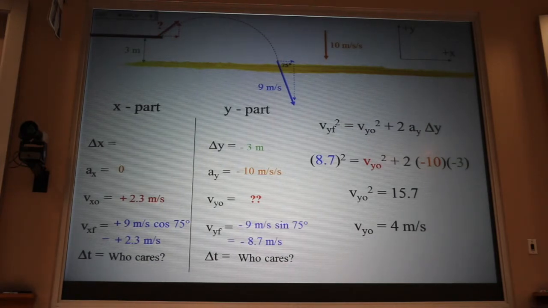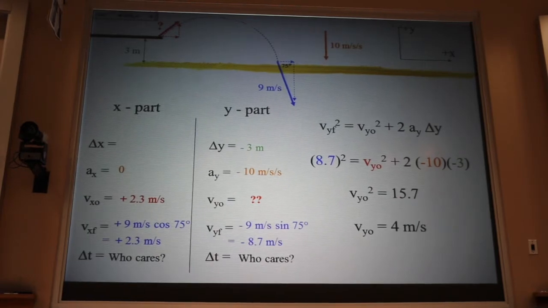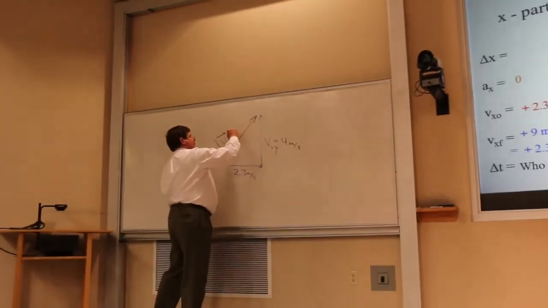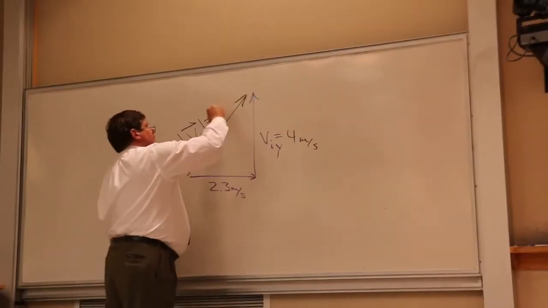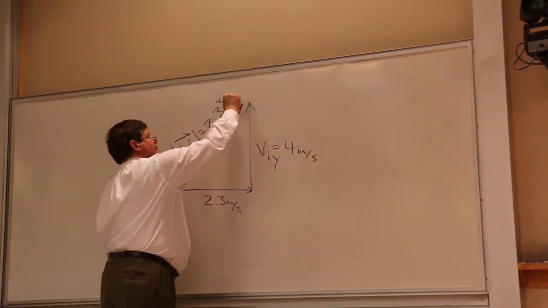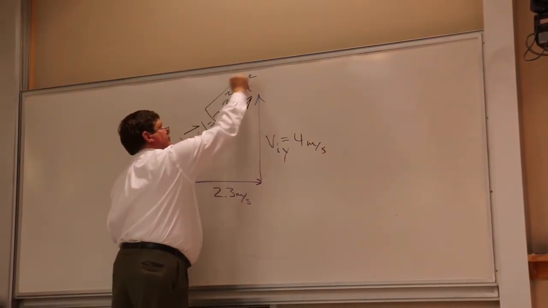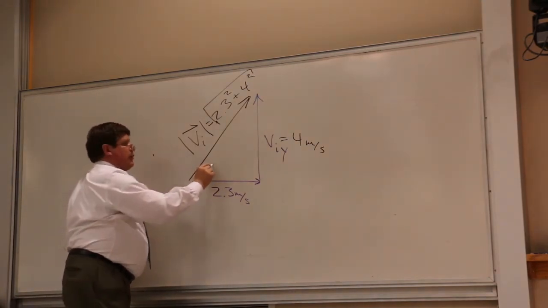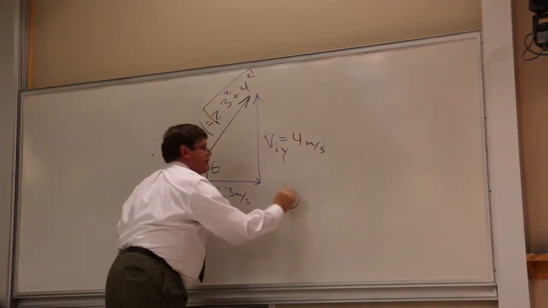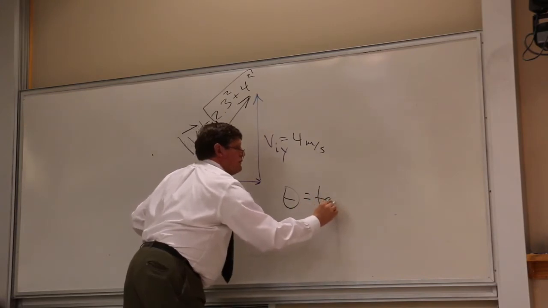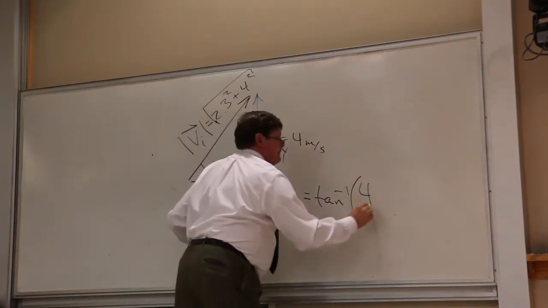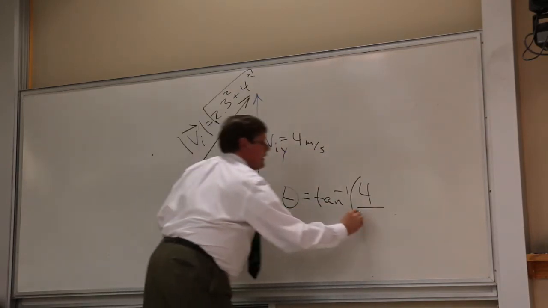Now, the speed, if she had a speedometer in her belly, the speed is the magnitude of this total velocity vector. And that's going to be, by Pythagorean theorem, the square root of 2.3 squared plus 4 squared. And if I had asked her at what angle she left the board, well, that would be given by the inverse tangent